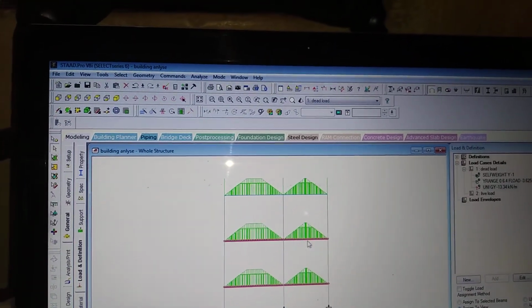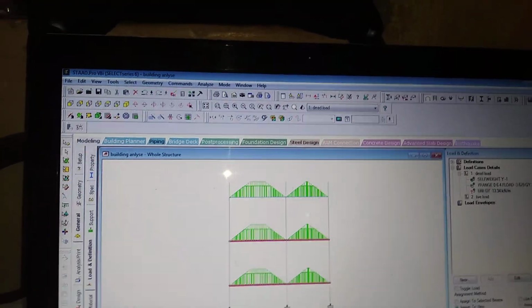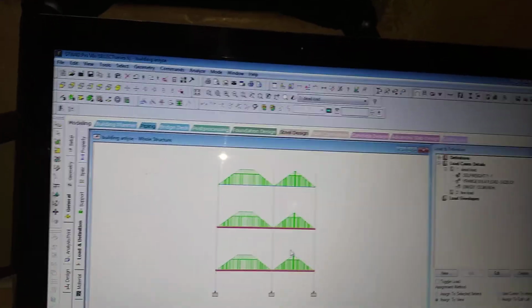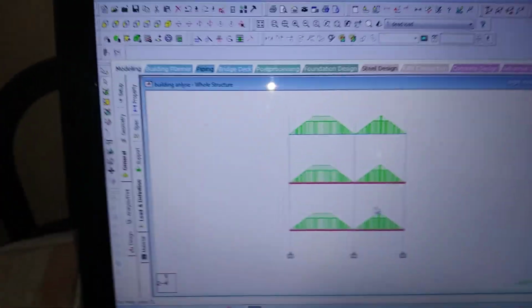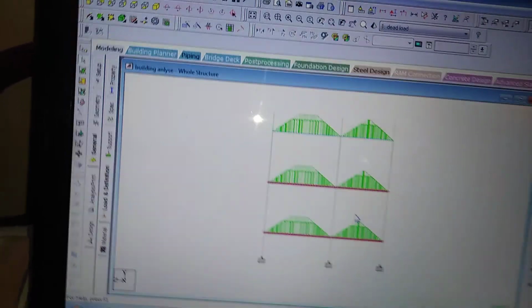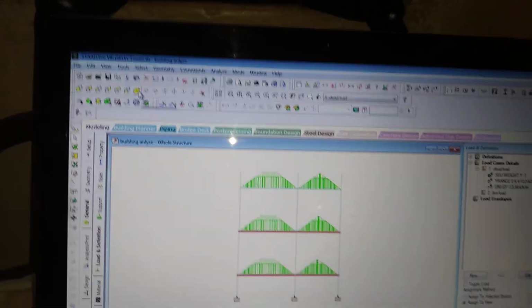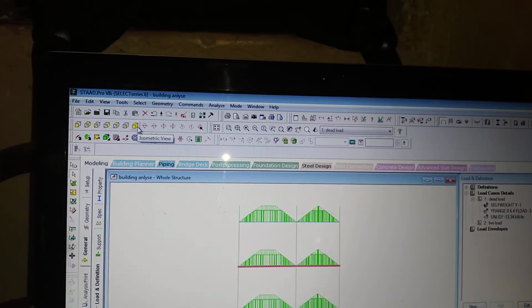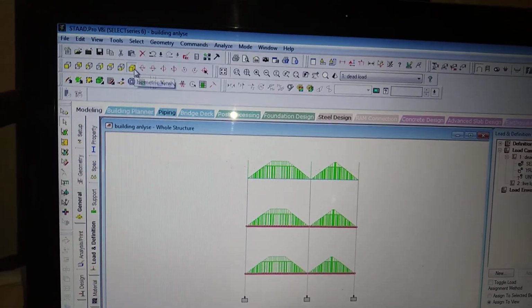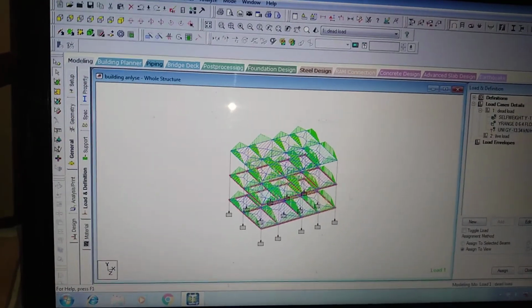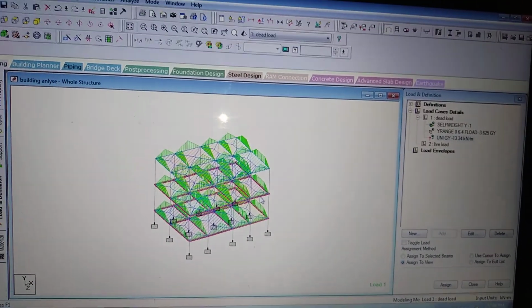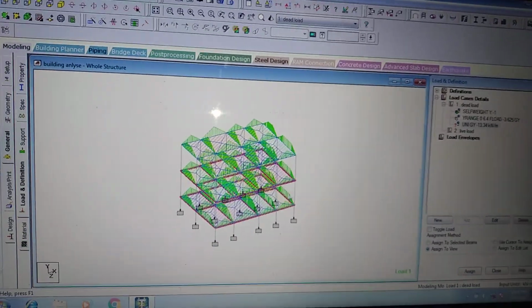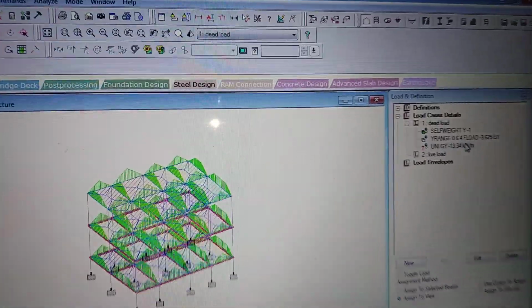I will select this line first, and while selecting the next floor, I will click the control button and click the next one. Okay, then I will bring it to isometric view. See here, I will click it. I want a wall load on this floor only, the first ground floor and first floor. So already it is selected, and also I want a wall load, no?